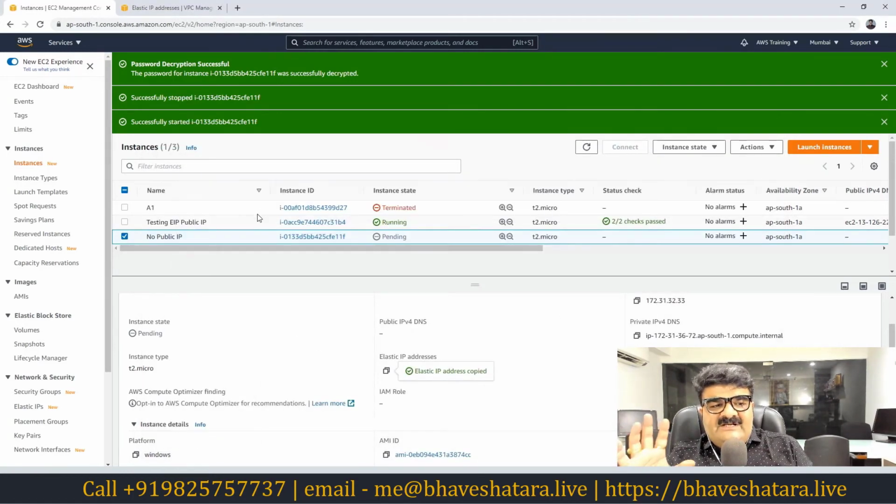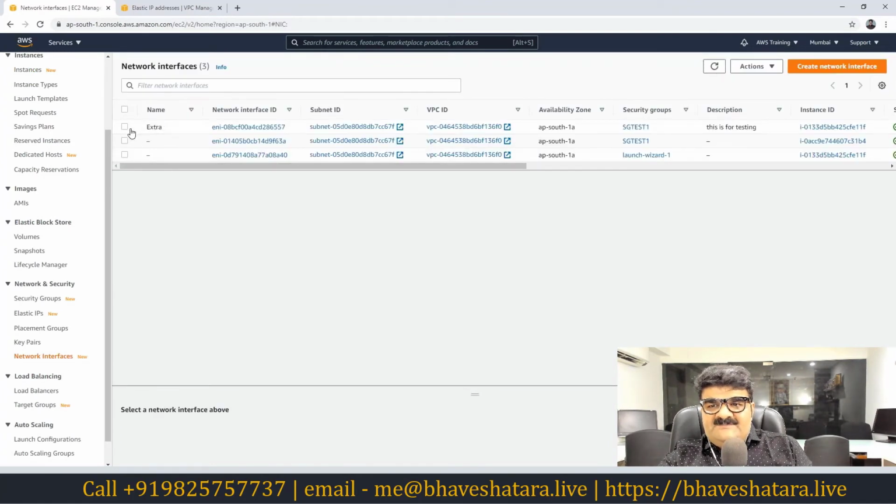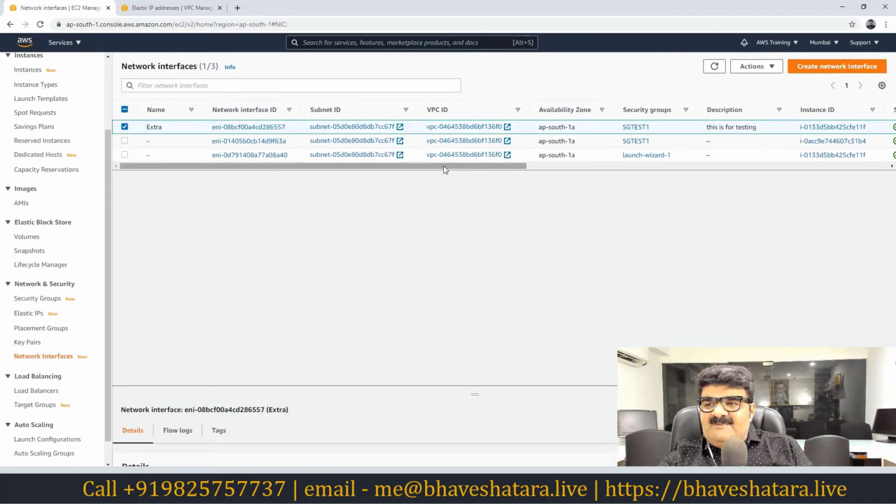If you want a constant IP address for your EC2 instance, you have to go to elastic IP. You have to get one elastic IP, and then you have to associate it with your EC2 instance. But if your EC2 instance has multiple NICs connected, meaning network interfaces, in this case you can connect with the network interface as well. So we just did the same thing over here. Now I actually have this elastic IP with my elastic network interface, so this particular elastic network interface has this public IP.